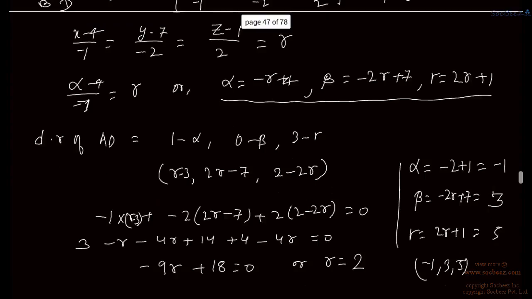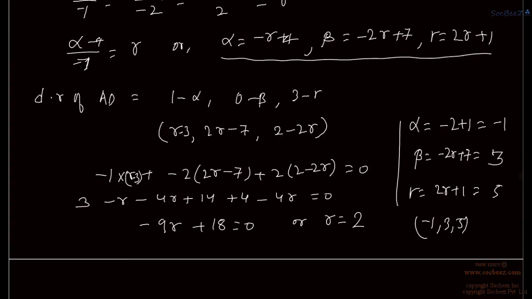So we have, instead of 18 it should be 3 more, that is 19, 20, 21. So it should be 21. Instead of 18 it should be plus 21 is equal to 0. That means r is equal to minus 21 upon 9. That means 3 7s are 21, 3 3s are 9, so 7 by 3.